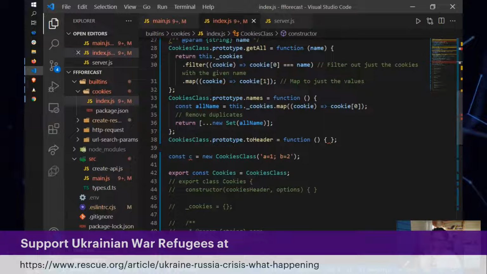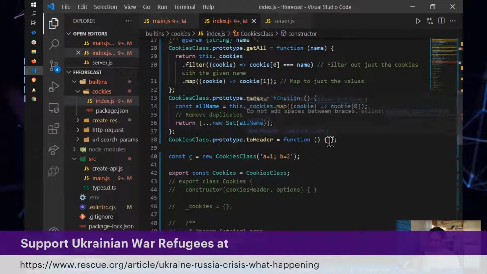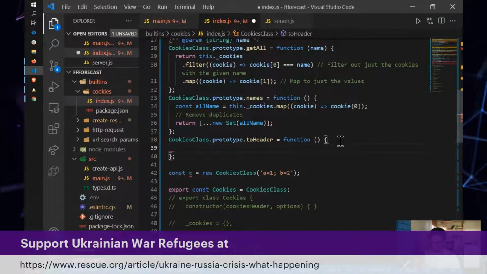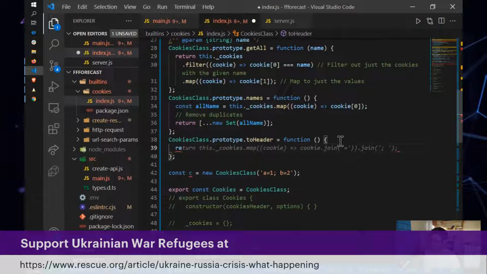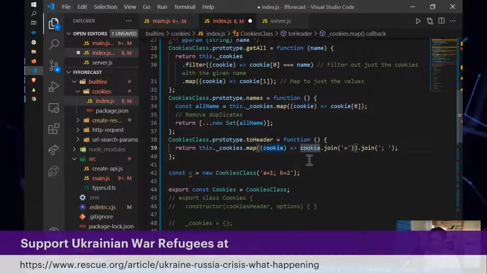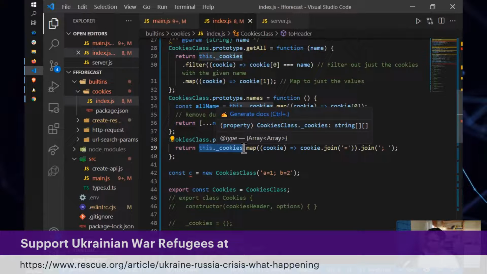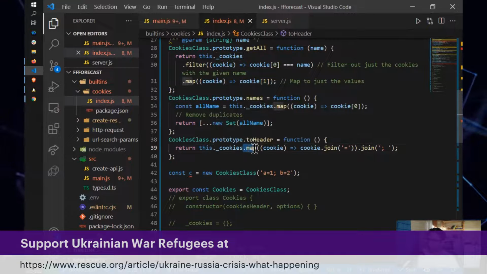And then the last one is converting it, right? So what we're going to do is some sort of array math or array magic. And why don't they just write it all for us? Thanks, GitHub Copilot. So what this does is this takes the array of key value pairs, and it's going to